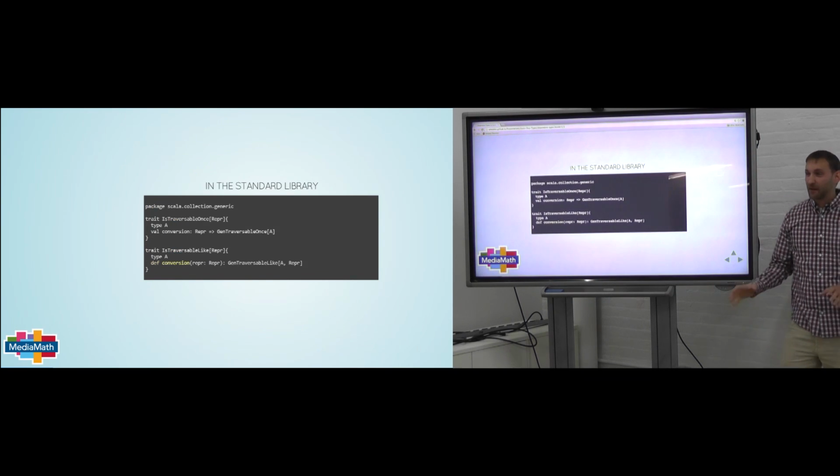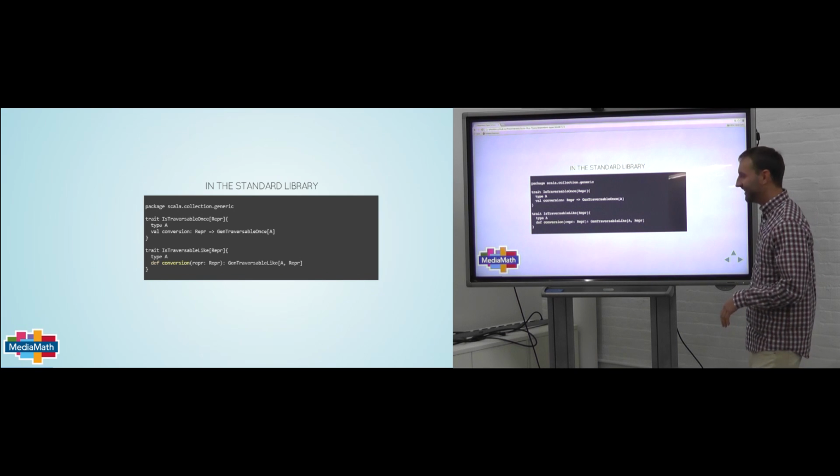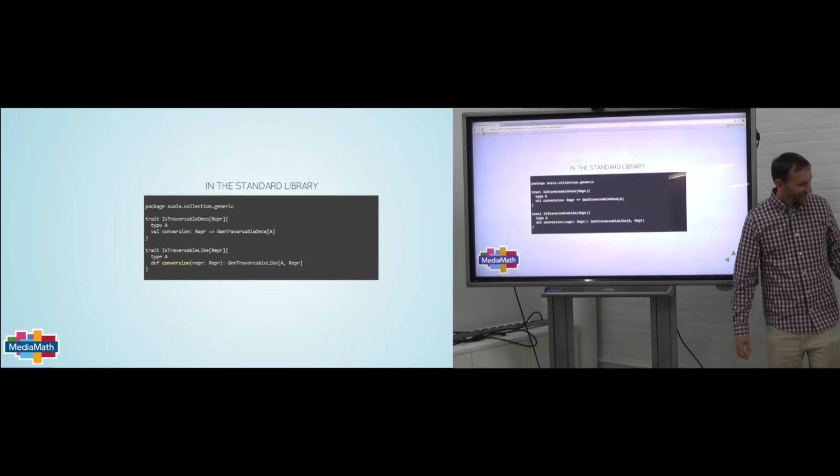Very cool. Is that better? I'm sorry, I'm a bit of a Mac newbie here. Can you make the logo smaller again? All right, so